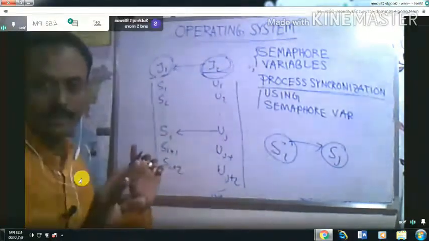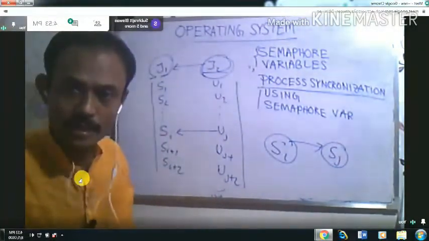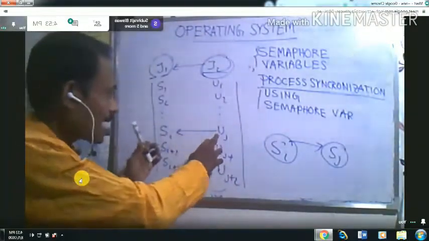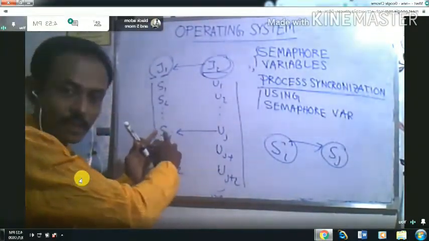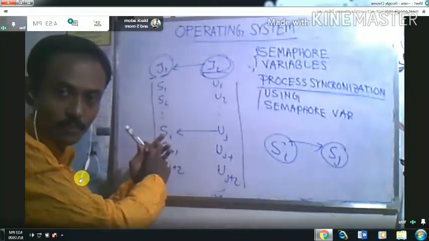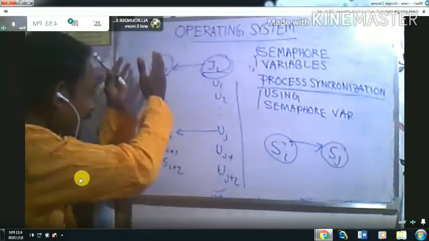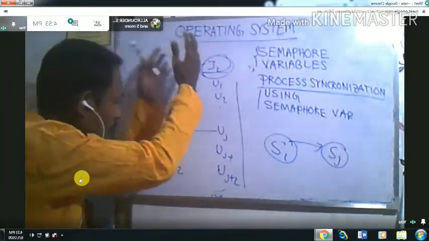Then the question is, as one statement is dependent on only one statement in another process, should we stop all the operations of the dependent process?